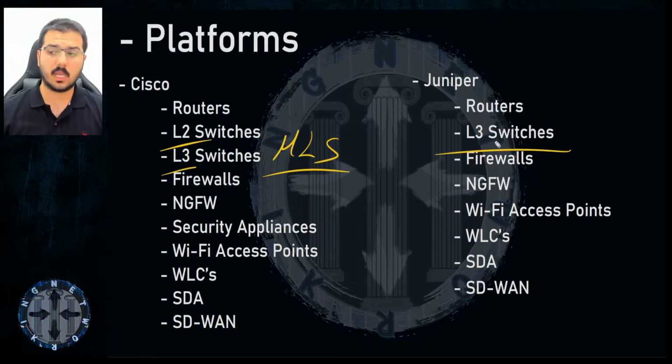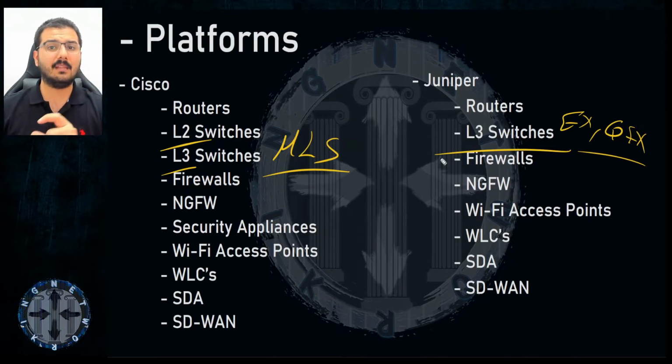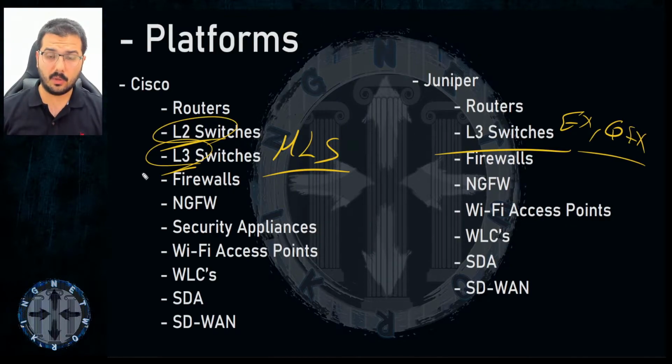Only multi-layer switches. These multi-layer switches can only be one of two options: either EX switches, small, less expensive switches, or QFX, data center and service provider switches, which are large, super expensive, etc. Each port is of 10, 40, 100, 400 gigabit speed per port, because it's for data centers and service providers. Now that is the difference. A lot of lines of production for switches with Cisco, but not that much with Juniper.